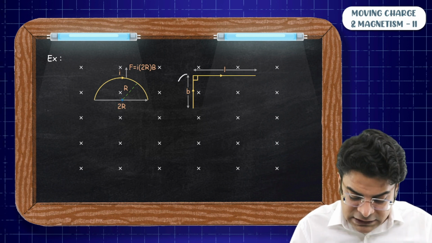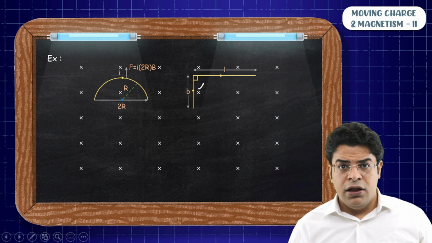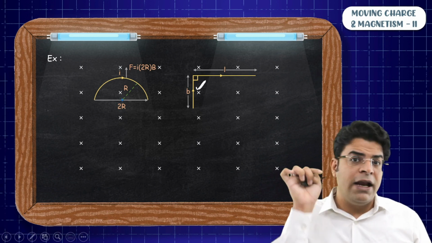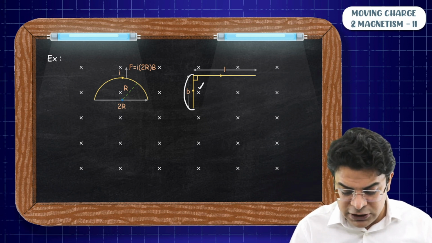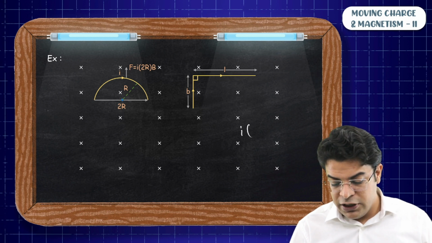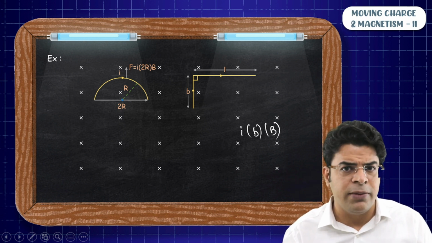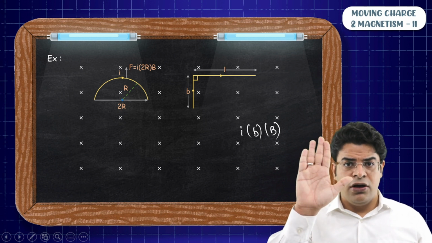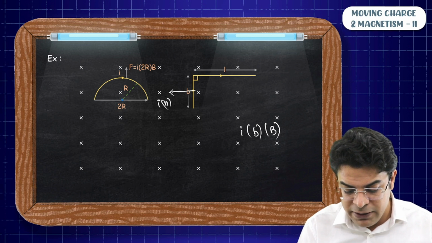So first of all, let's see the force acting on this part. On this part, you will say the angle between the direction of current in the plane of the screen and the magnetic field is 90. So the magnetic force acting on this part only will be I into length B into magnetic field B into sine of the angle between length and magnetic field, which is 90. So sine 90 becomes 1. What will be the direction? I into dl cross B. So the direction of force will be towards left and this force will be IBB.